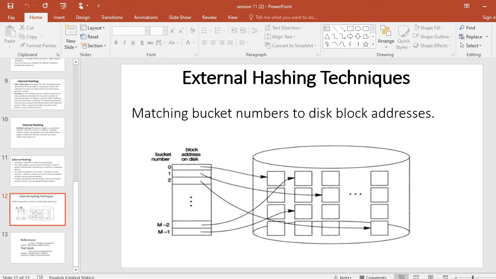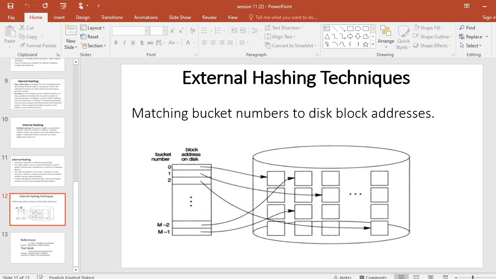Advantages. The performance of the file does not degrade as the file grows. Second advantage, additional buckets can be allocated dynamically as needed and need not be allocated earlier. The space overhead for the directory table is negligible. Fourth advantage, splitting causes only minor reorganization since records in one bucket are rearranged in two buckets.